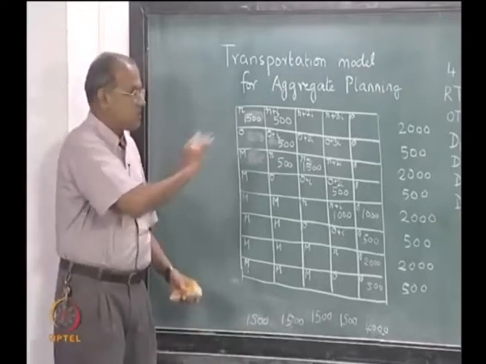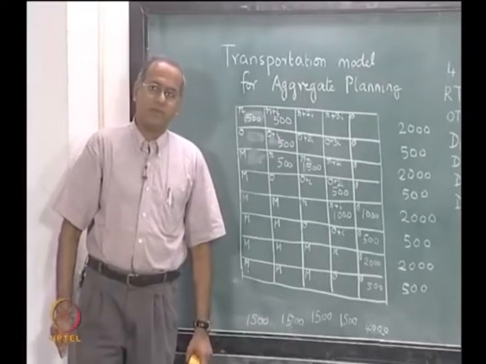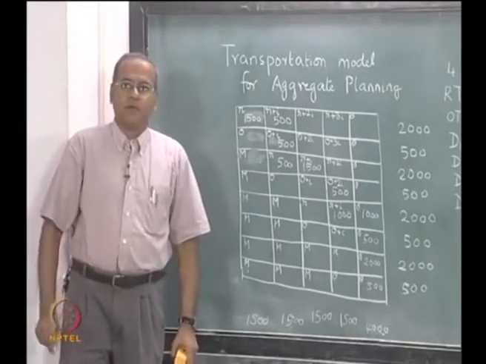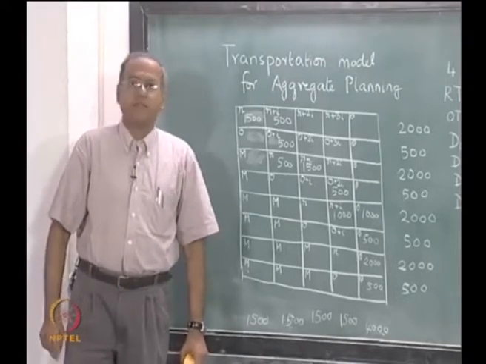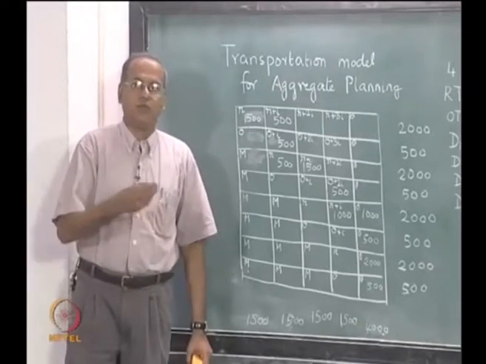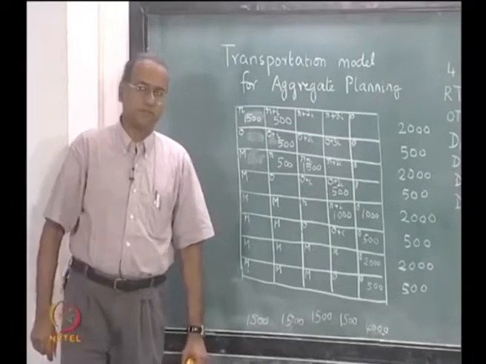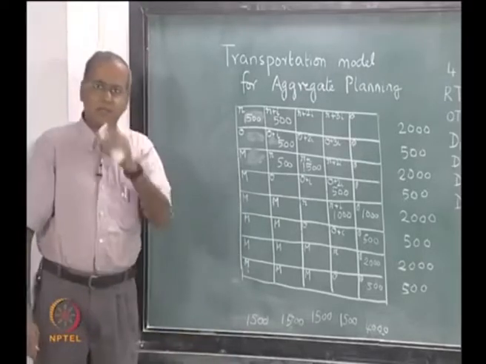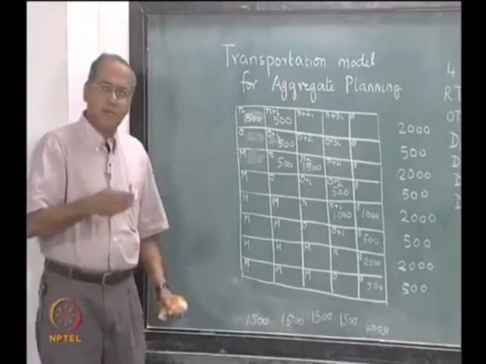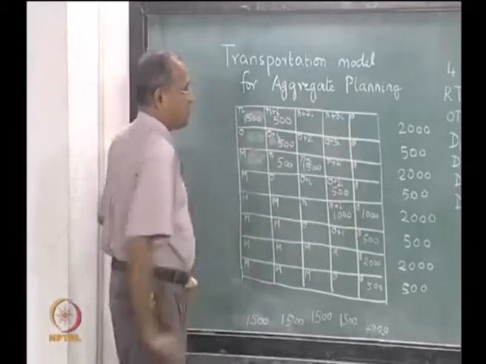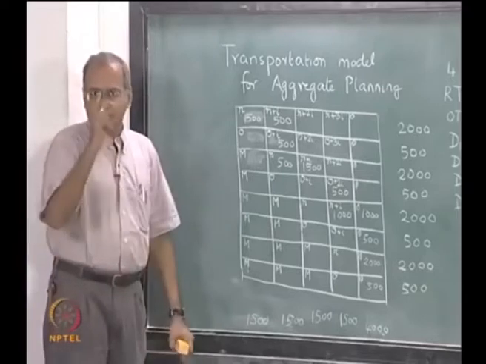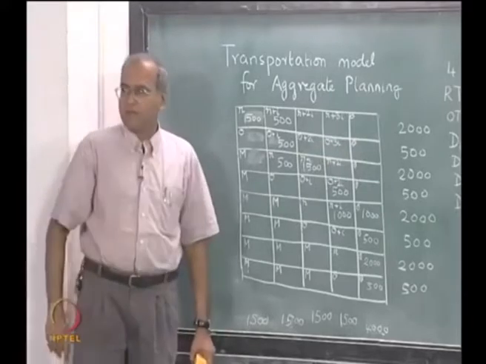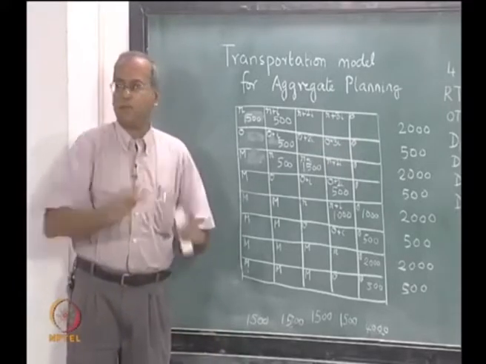Now, we have to improve this solution to try and get to the optimal solution. So, in a transportation problem, the improvement is done using two methods. One is called the stepping stone method and the other is called the modified distribution method or UV method or MODI method and so on. Now, let us try and look at the stepping stone method. What does the stepping stone method do? Stepping stone method believes that if this is not the optimal solution, then there is at least one allocation which is currently blank, which means which is currently non-basic, which will appear in the optimal solution.